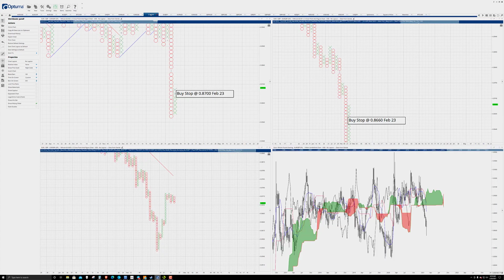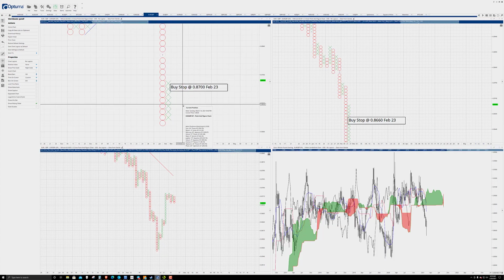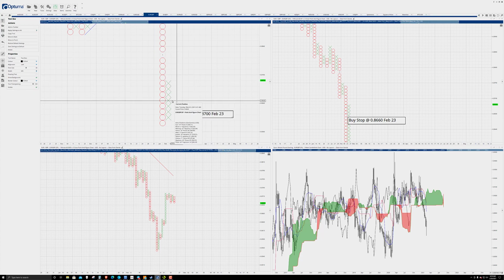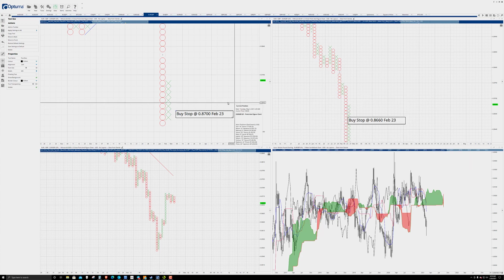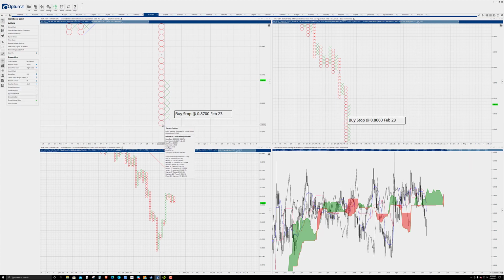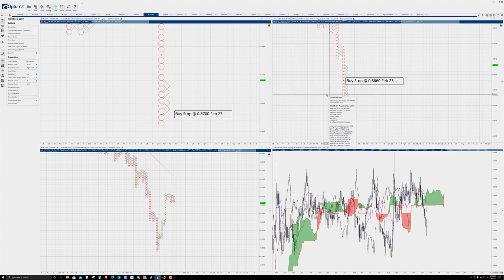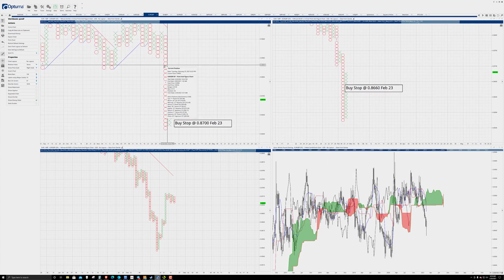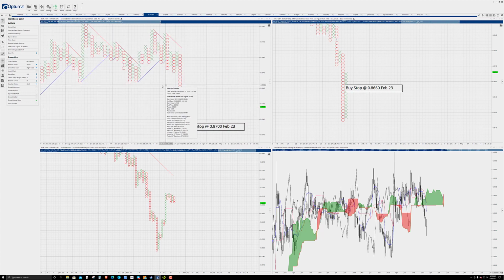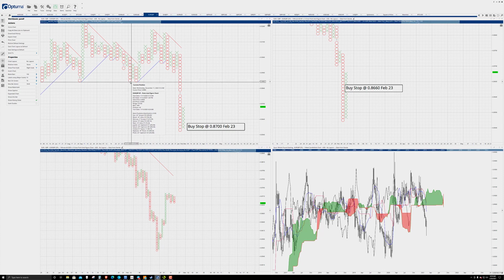Perfect entry. Then we also looked at a 3-box reversal on the Euro Pound earlier in the week. We were waiting for that entry to occur at 80. Originally, when we looked at it, I think it was on the 23rd, which was a Tuesday. Really just waiting for the signal to pop up on the 3-box reversal, because we have spike patterns all over the place. And again, the thing about spike patterns is they're a lot different in point and figure charting than dealing with multiple tops and bottoms,